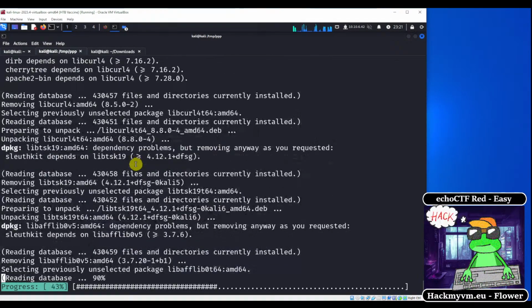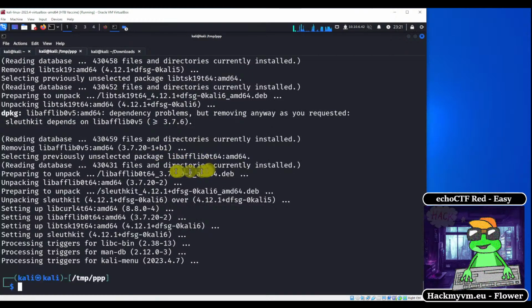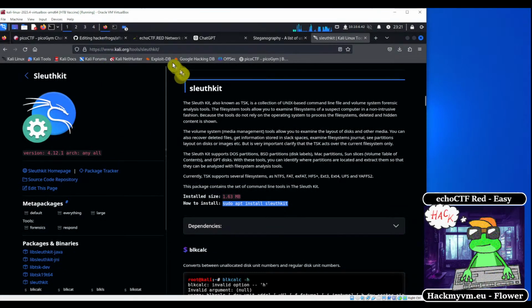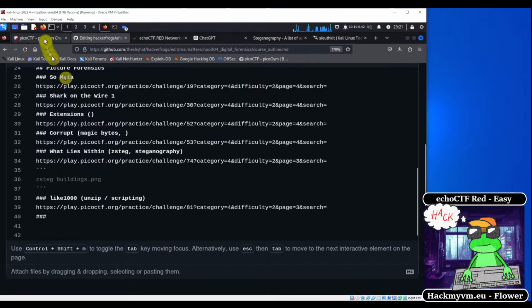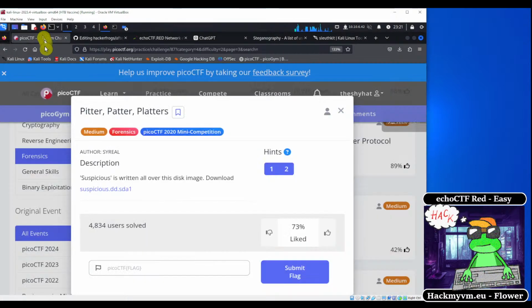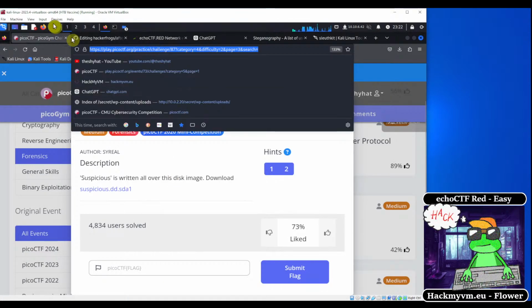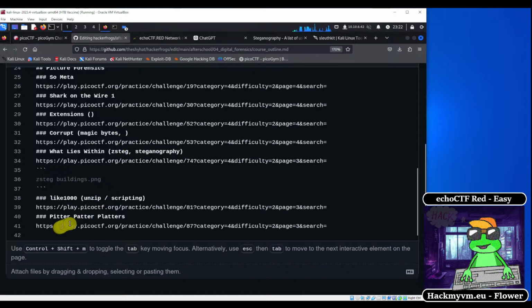Okay, so we're downloading the Sleuth Kit. Let me record this challenge over here. This one is called Pitter Patter Platters. And let me record the URL of this challenge over here. This is a disk image challenge. I haven't worked with Sleuth Kit in quite a while, but